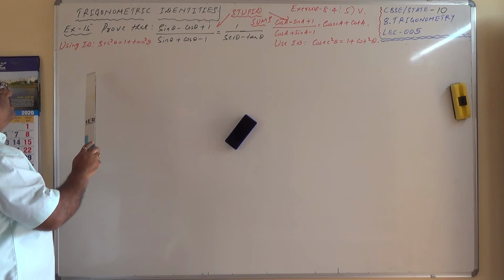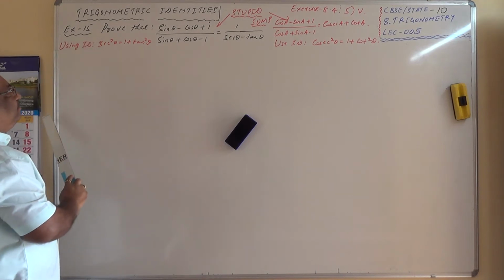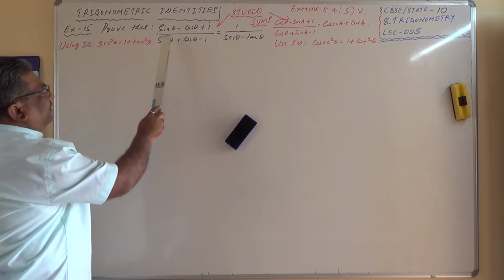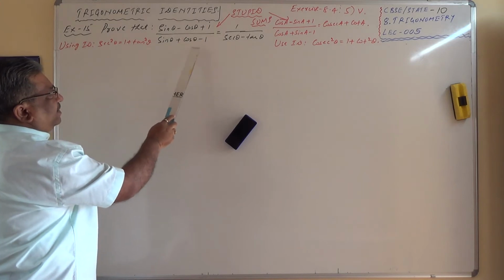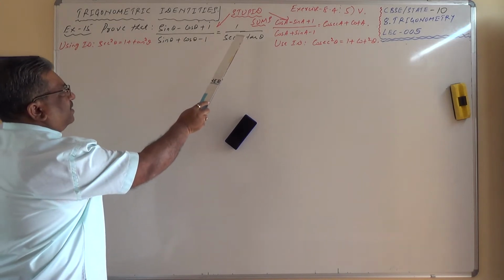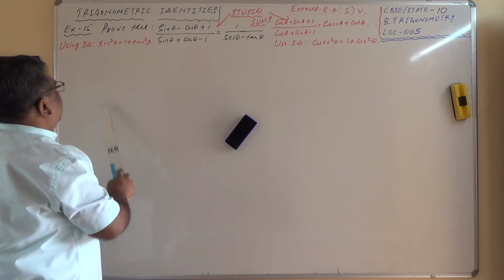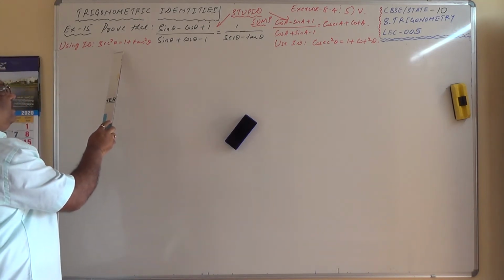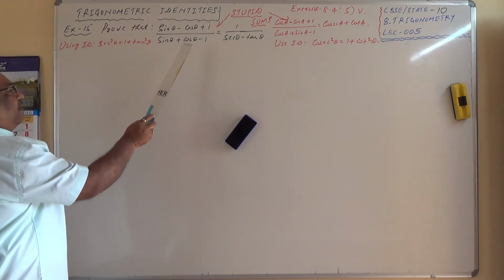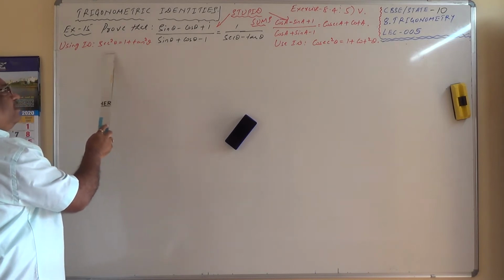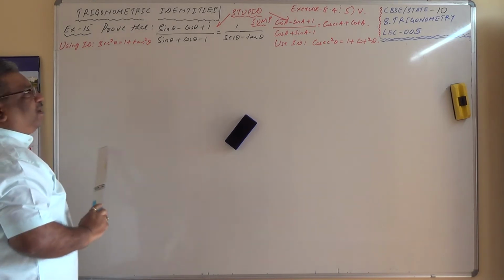Here it is a typical sum I am taking. Example number 15. Prove that (sin theta minus cos theta plus 1) by (sin theta plus cos theta minus 1) equals 1 by (sec theta minus tan theta), using the identity sec square theta equals 1 plus tan square theta. While solving this numerical, I have to show that I have used this identity because that is the requirement.